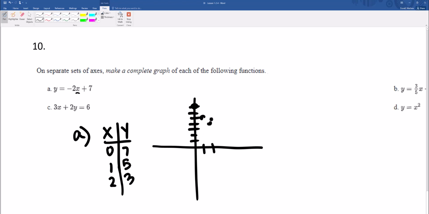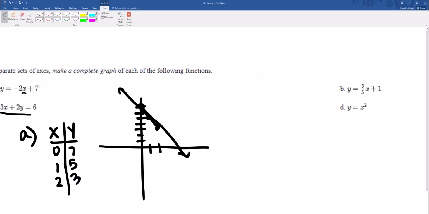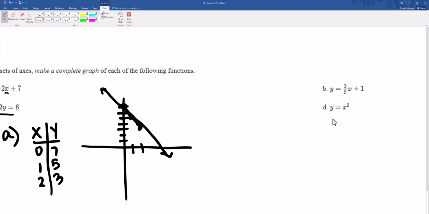Yeah, that should be enough. Oops, should be a little lower. But that should be enough for me to determine that this is a line. So I can go ahead and sketch it. So you're going to go through and do that for the rest. To give you a hint, C is also a line, B is also a line, and D,